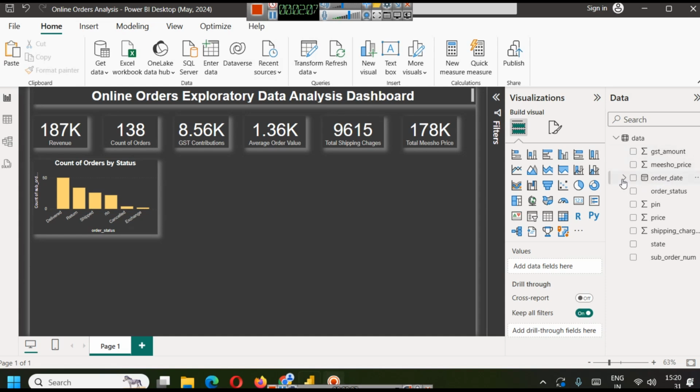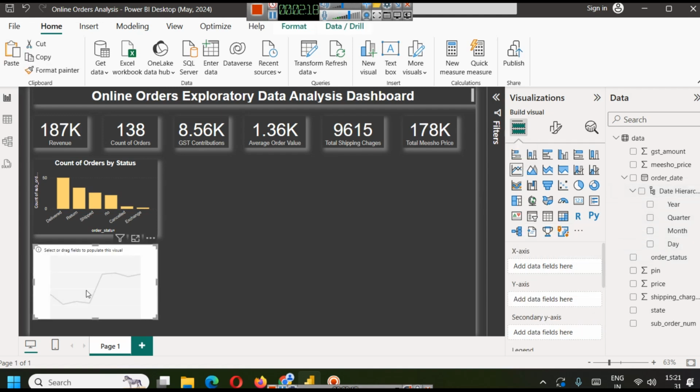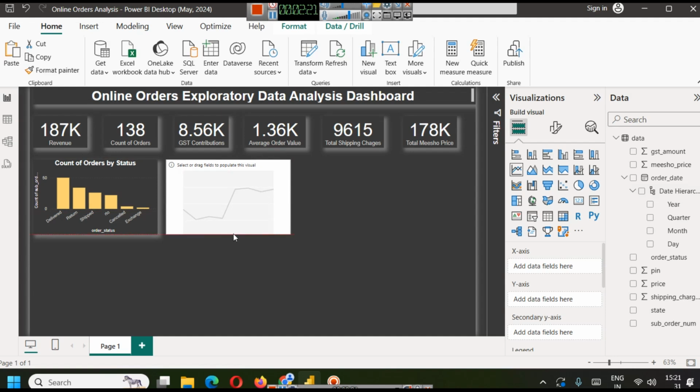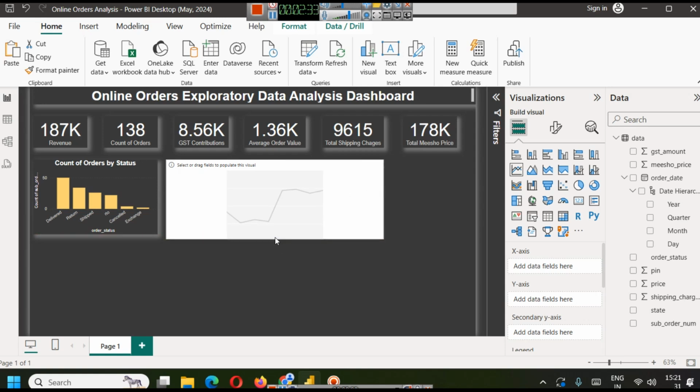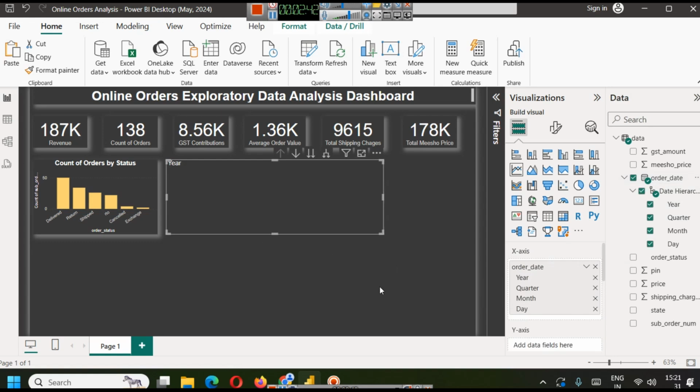Now we also have different order dates. Since this is data of a particular month or couple of months, here, if you will create a line chart, let us see. So first of all, in a line chart, whenever we are seeing date versus a numerical value like sales or price or anything, a line chart is preferred. And here, the first thing that we are going to do, let's bring the date here. Okay, so let's bring order date on x-axis, and let's say order date wise revenue, so price on y-axis, and